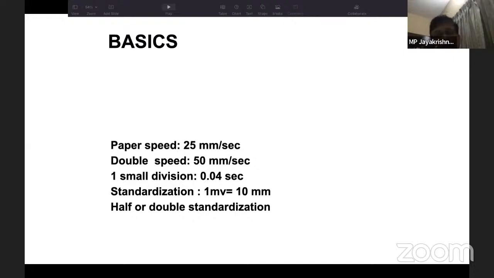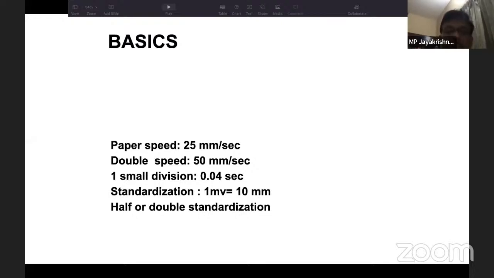These are the most basic things that I am talking about, for those of you who are not very familiar with reading ECGs. As you know, this is the standard speed that we usually keep, that is 25 millimeter per second. But sometimes some ECGs come with a speed of 50 millimeter per second. It's very important for the speed, 25 millimeters per second or 50 millimeter per second, to be written on top of the ECG. Because sometimes